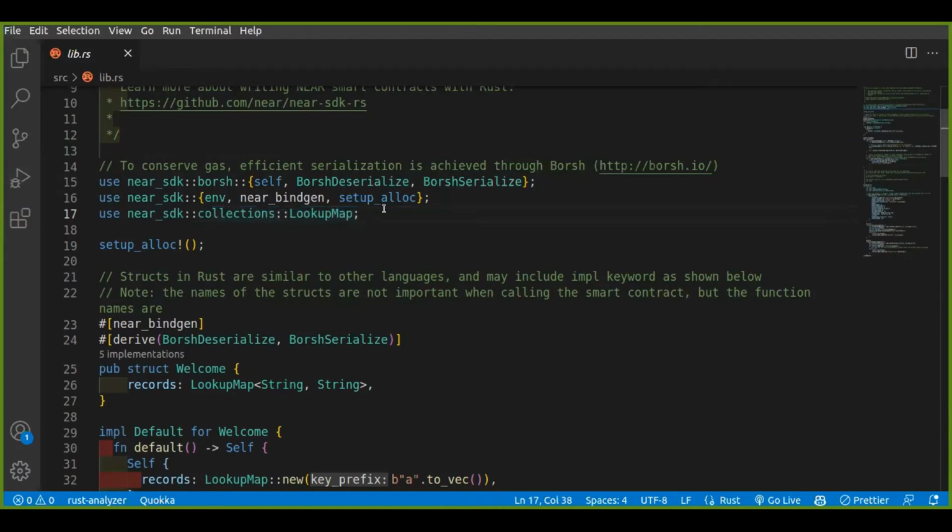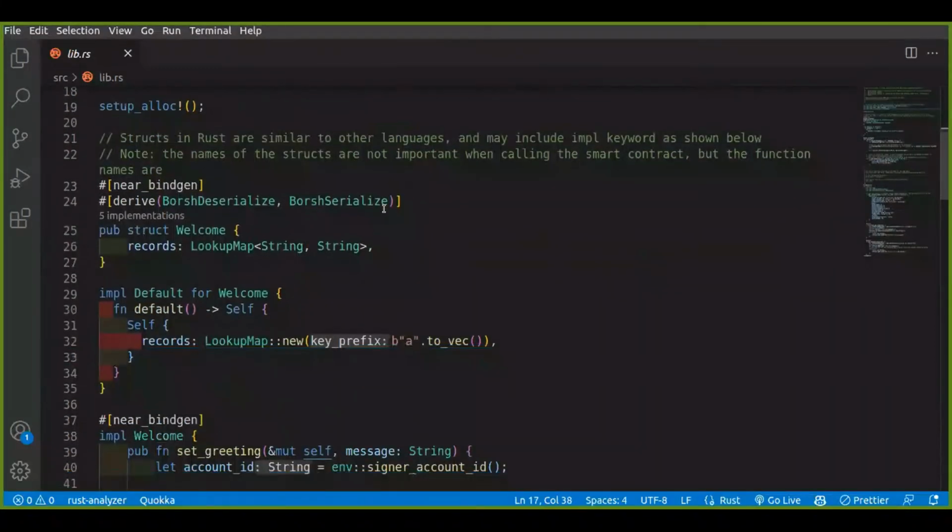So LookupMap is basically going to act as our database or our persistent storage on the Near Protocol blockchain. So anything that we are going to store inside the LookupMap data structure is going to be persistent on the blockchain, okay? So that one is basically going to act as our database. Just take note of that. Then right here, let me just highlight from line 25 to line 27,